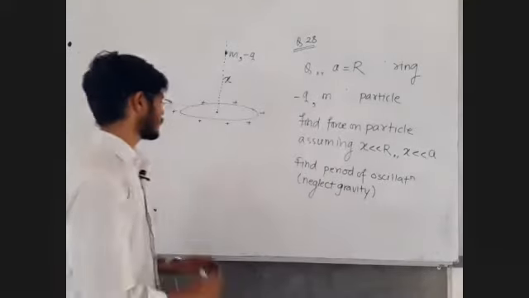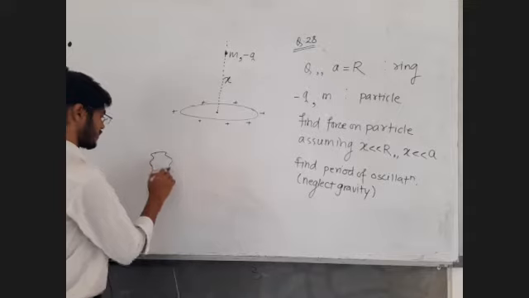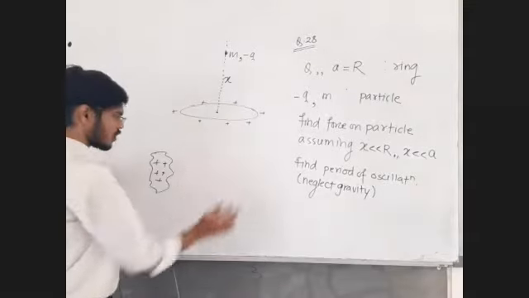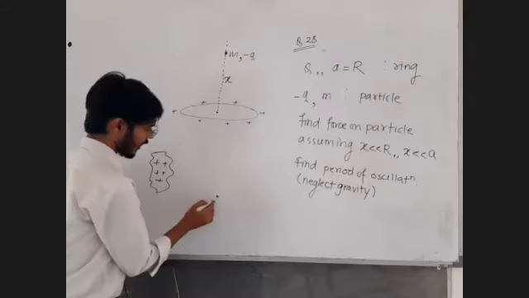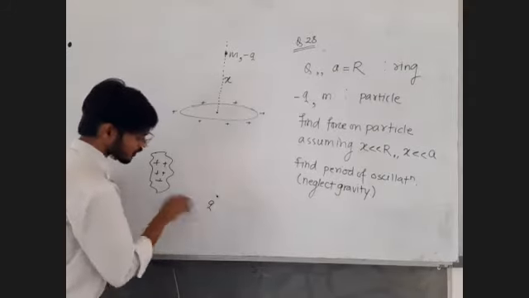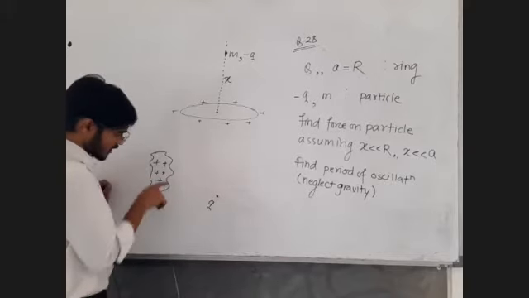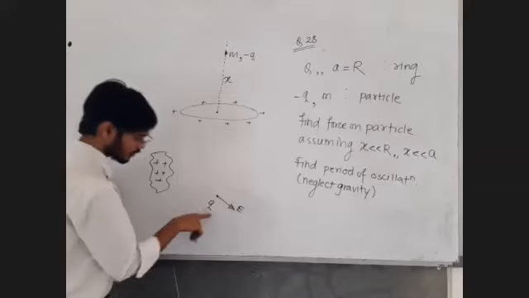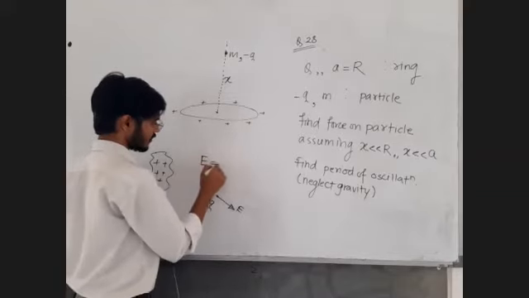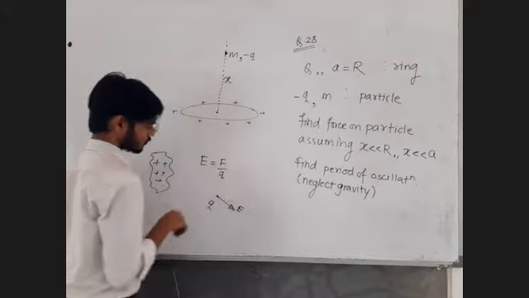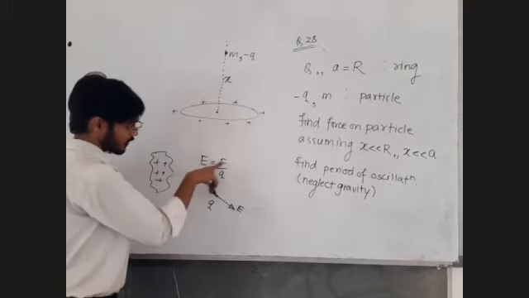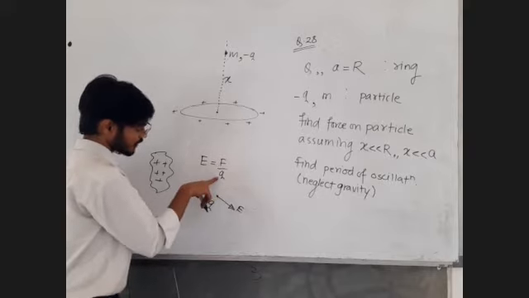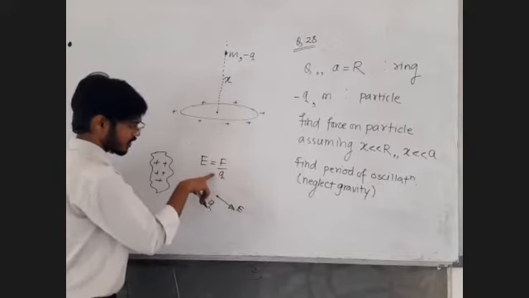What I am asking is, if I have some charged system, then because of this charge system there will be an electric field. At this point, if I place a charge q, then what is the force acting on this charge? Find out the electric field due to the charge system, and the electric field, the charge and the force are related by the formula E is equal to F upon Q. How to find electric field? We have already learned: put any charge at the given point, find the force on that charge divided by that charge.